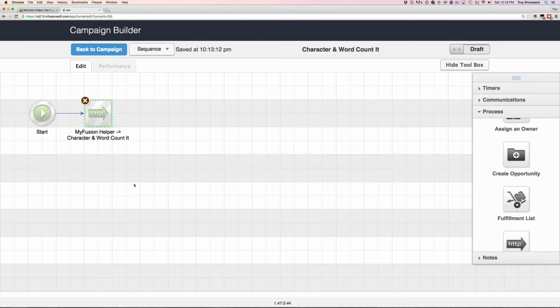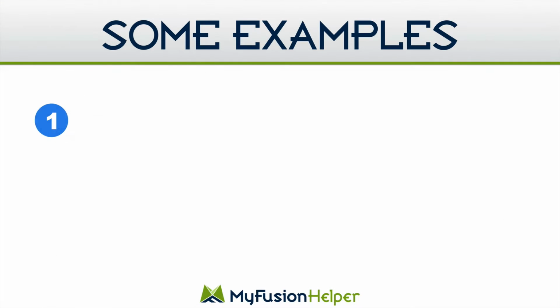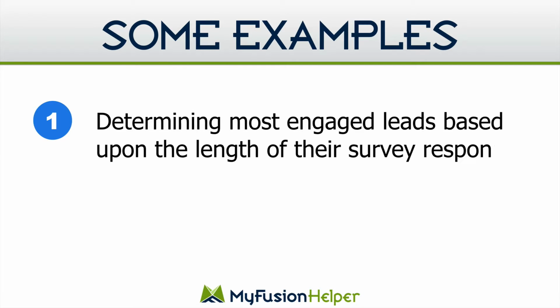Now, let's go ahead and talk more about the strategic uses of this, because while it's a very simple function, it has some really powerful capabilities. So let's take a look at a couple of those examples. And the first one is using it to determine the most engaged leads based upon the length of their survey responses. Okay, so think about this scenario where you're doing some type of a survey when someone joins your list,